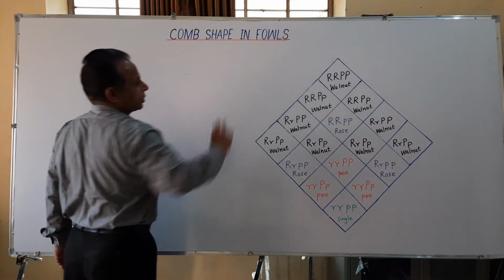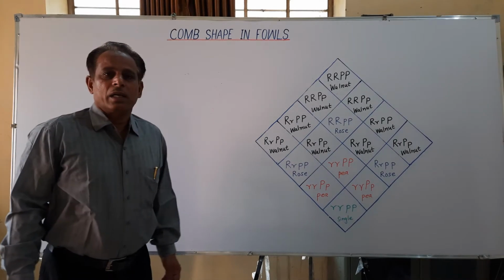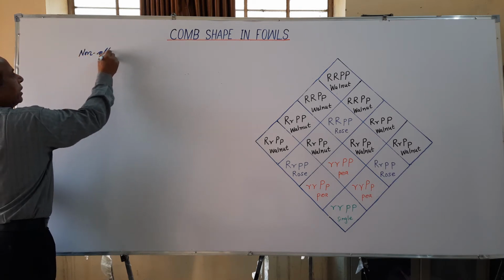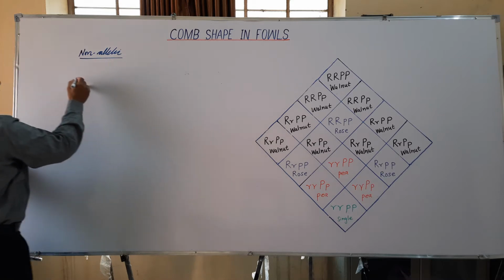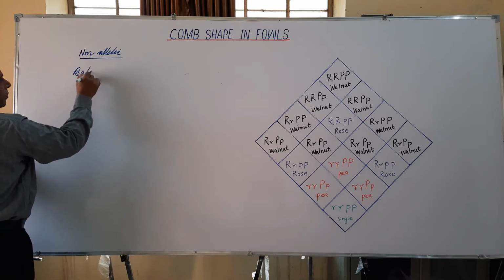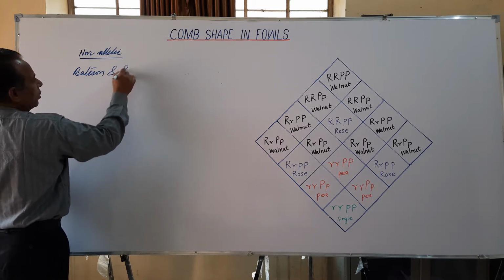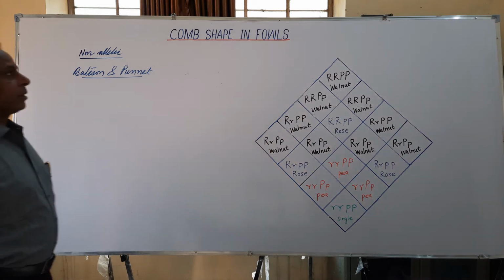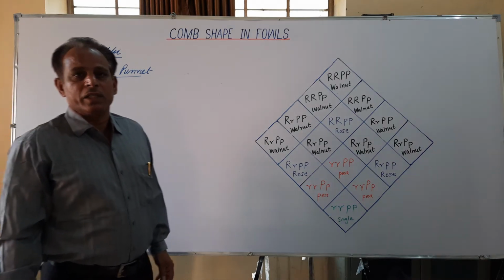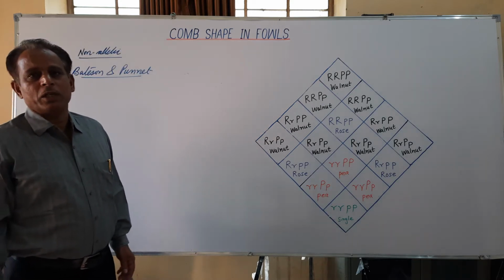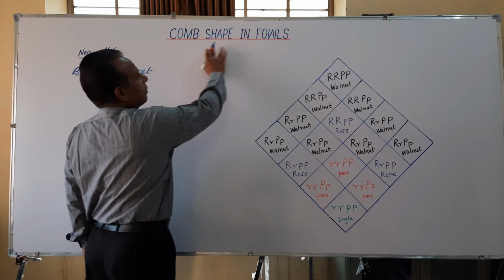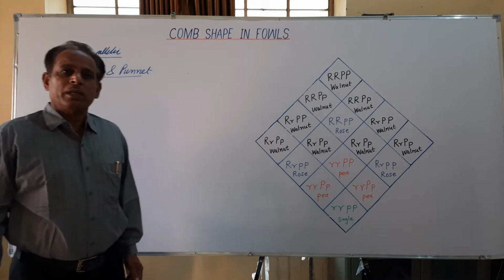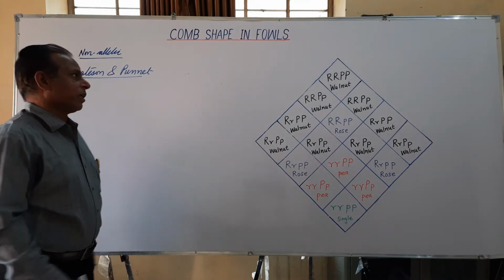Comb shape in fowls is a classical example of non-allelic gene interaction discovered by Bateson and Punnett. In this case, two non-allelic dominant genes influence the same phenotypic trait, that is comb shape in fowls, and assort independently, giving a phenotypic ratio in the F2 generation